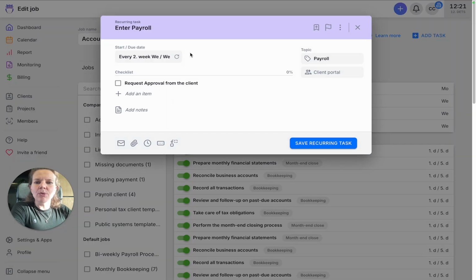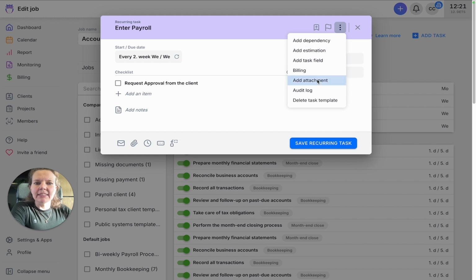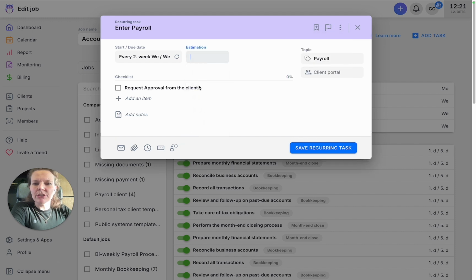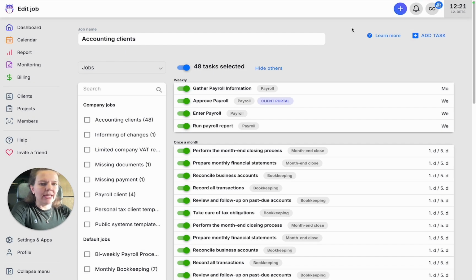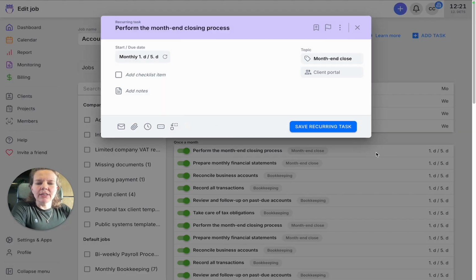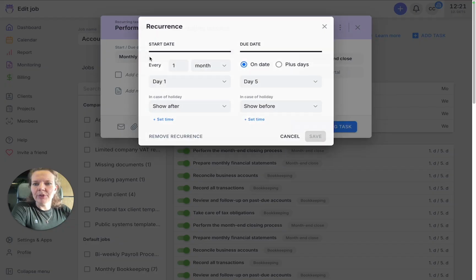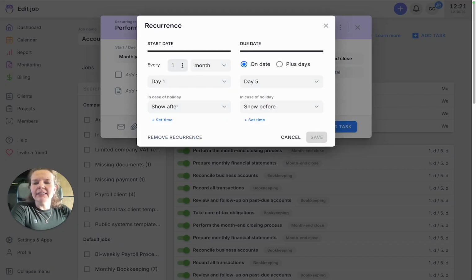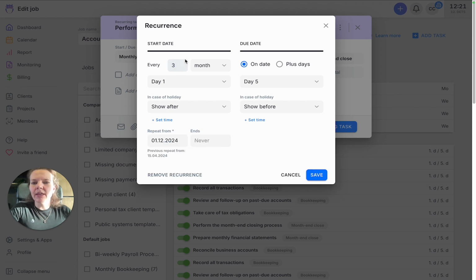You can now also add estimations with 15 minutes interval. And if in the task plan you want to have tasks that only occur for a certain period, then you can add an end date for the recurrence.